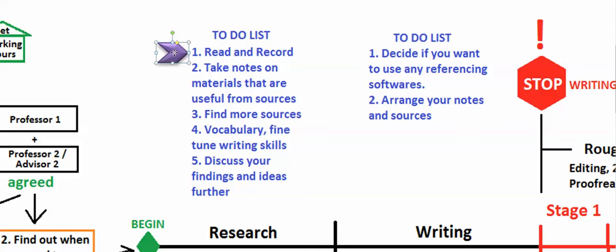Take notes on materials that are useful from sources. Make a lot of notes, because they come in very, very handy. Find out more sources, perhaps one original source, maybe one journal that you've read, then you think, oh, I do really like this journal. Go to the reference list. See what has this author, what else have they read, and if they have read 20 more books, go through the books and you probably find another book that may interest you, that may go well with your thesis question.